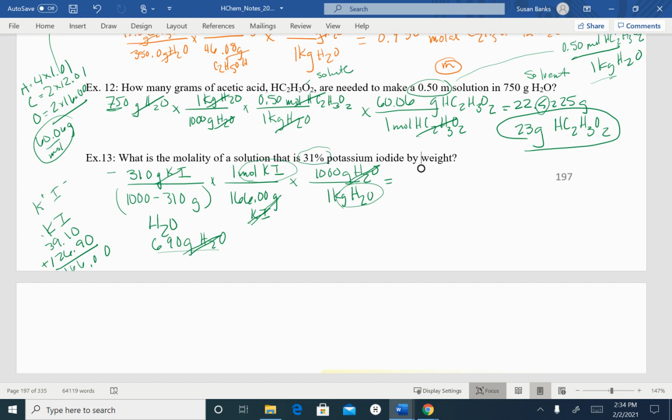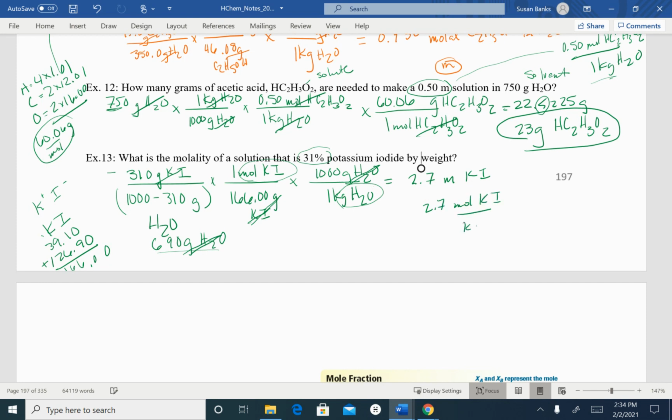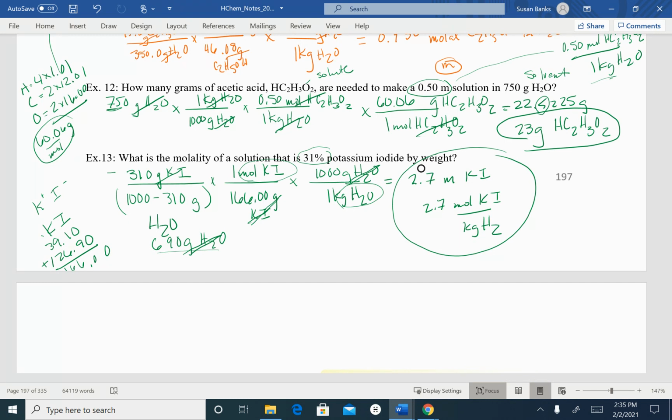We're going to pretend that we have 2 sig figs. We will have 2.7 molar potassium iodide, or you could also write this as 2.7 moles of potassium iodide per kilogram of water. Both of these mean the same thing. Okay, so there's a couple more practices of how you do calculations with molarity, moles per liter, and molality, moles